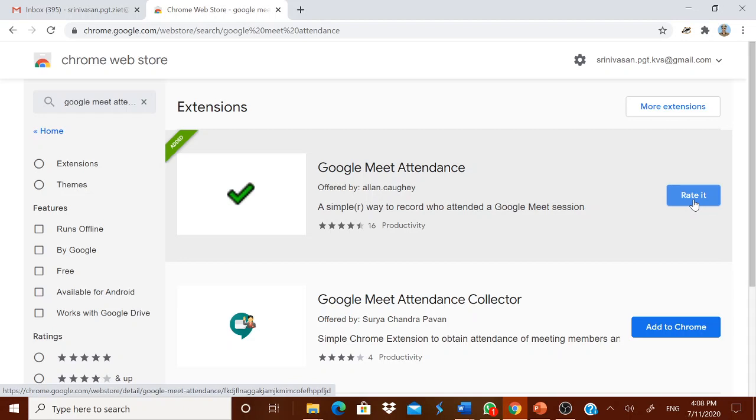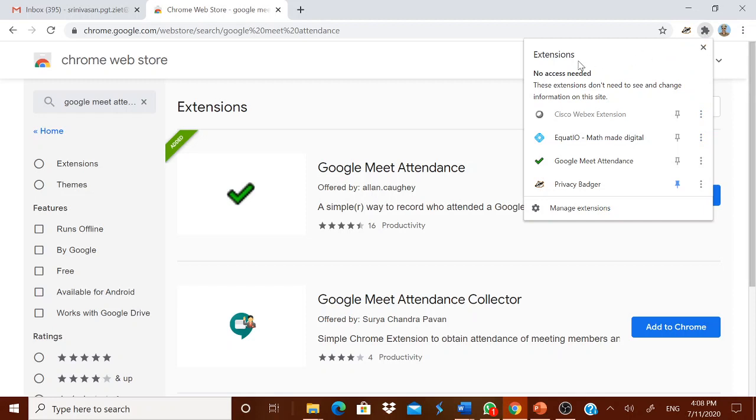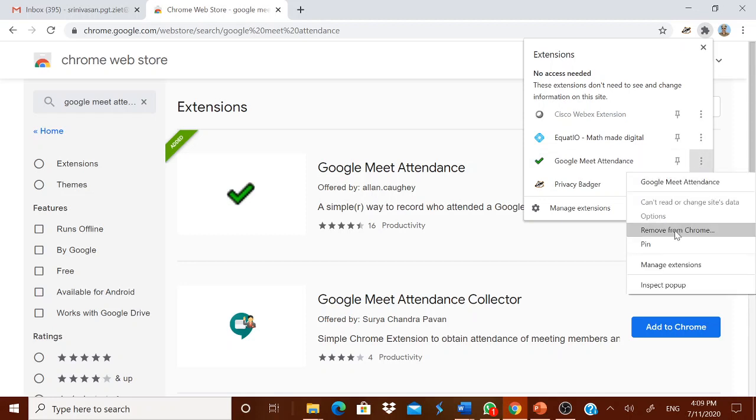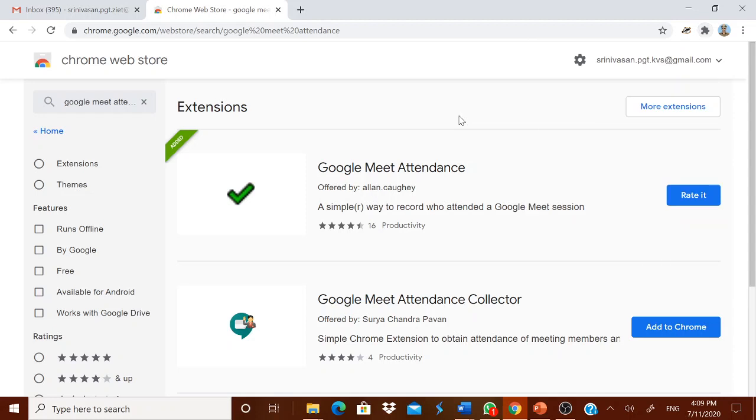The respective executable file will get downloaded to your computer. Automatically it will check and get added in your Google Chrome extensions. It will be shown over here. At any point of time, you can remove it from Chrome if you don't want it.